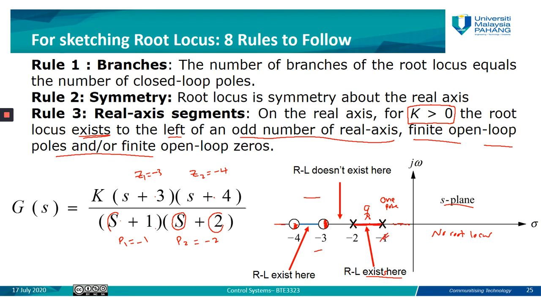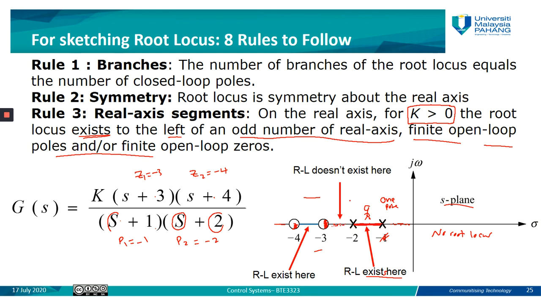It doesn't mean this one. No, I don't mean this one. One means a count, the total number of poles or zeros. So here I am on the left of only one pole. Okay. Now, if we move to this area here,